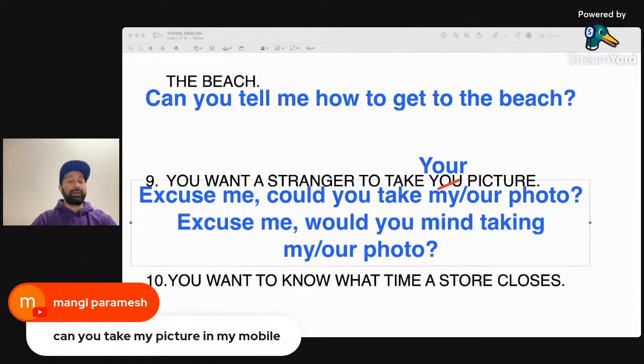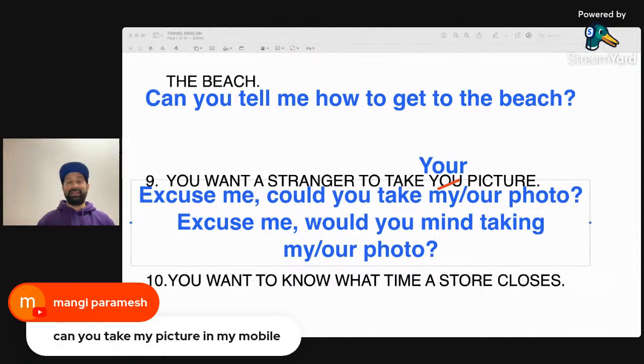Okay, so let's see some of the answers here. All right, so can you take my picture in my mobile? Very close, Parmesh. You're like 99% perfect. Can you take my picture with my mobile? With my mobile. Or you can just use body language, which is how we usually communicate.